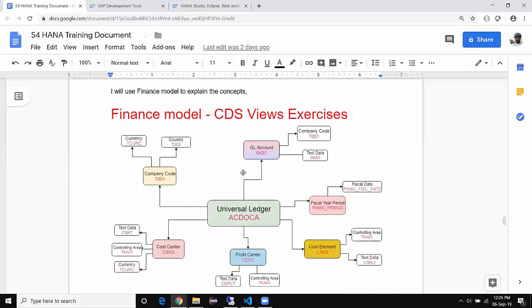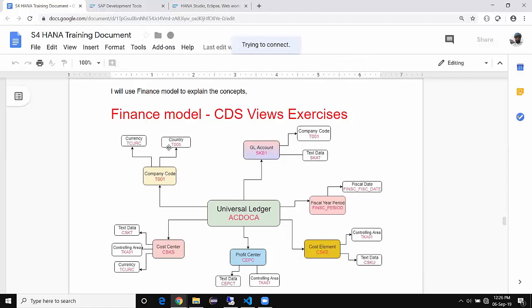I'm going to choose a finance model to explain these different CDS views. The finance model in S/4HANA is centered on the transaction table called Universal Ledger. Then I have a few master data or dimension tables associated to this fact transaction. They are company code master, cost center master, profit center, cost element, fiscal year, and then GL account. And these master data tables will also have further text and other attribute tables associated, like currency and country,